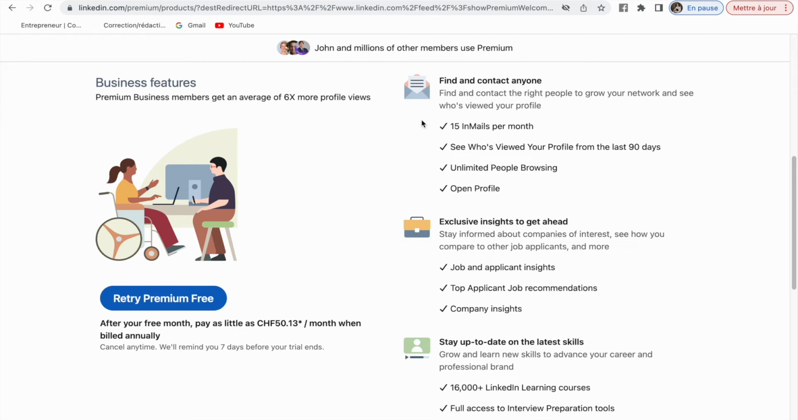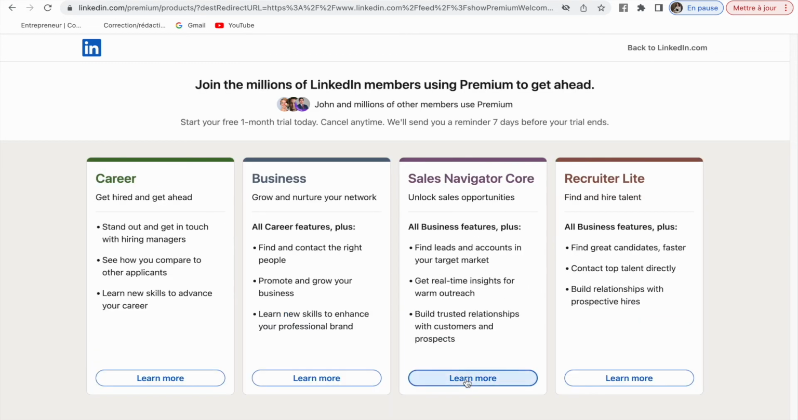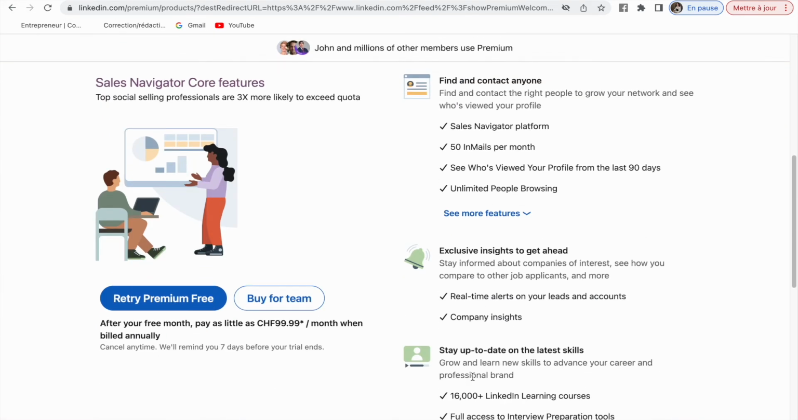So I think the main thing is the number of emails that you use per month. This is why it's a little bit more expensive. And you have unlimited people browsing. So if you're looking to do more networking on LinkedIn, I would say this one seems to be a bit more adapted. And now if you want your core business, and you really want to use it to market,